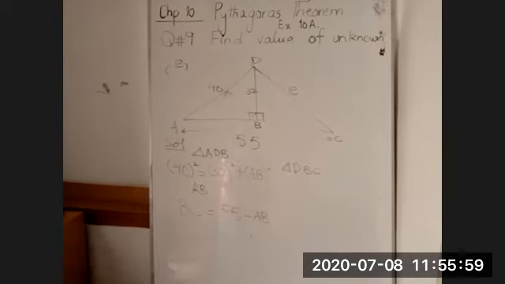Next, you need to find out the value of BC to find out the value of E. BC की वैल्यू अगर आपके पास आएगी, अगर आप कंप्लीट लेंथ 55 में से AB को माइनस कर दें, then you will get BC. हमने 55 में से AB माइनस कर देंगे, जो भी आपकी वैल्यू आएगी माइनस कर दें तो आपके पास क्या आ जाएगी? BC की वैल्यू. BC की वैल्यू आ जाने के बाद you will go to the triangle DBC. क्योंकि हमारे पास 32 और BC दो लेंथ्स आ गए, so we can find out the value of E. So E will be your hypotenuse, 32 will be your perpendicular, and BC will be your base. So by applying Pythagoras theorem, you can find out the value of E from the triangle DBC very easily.